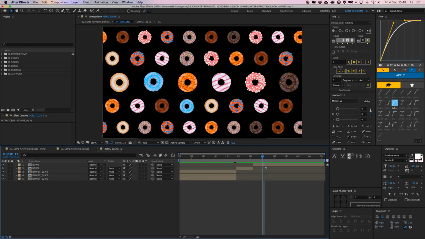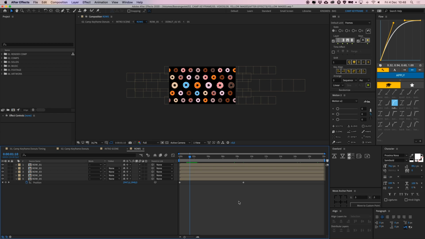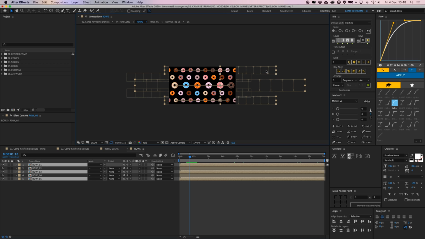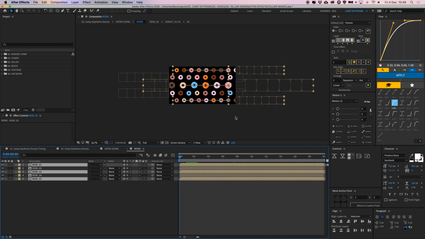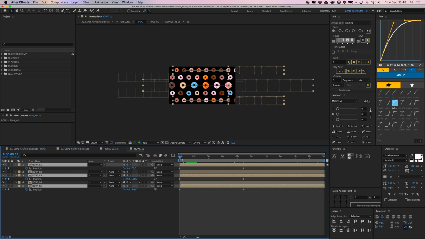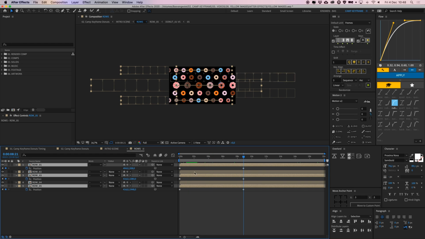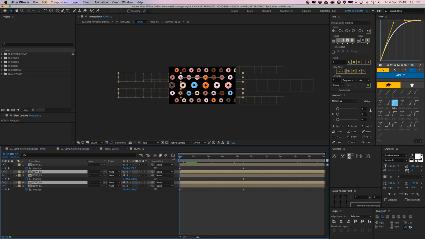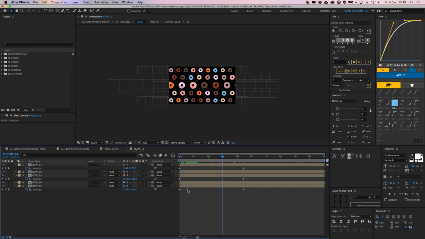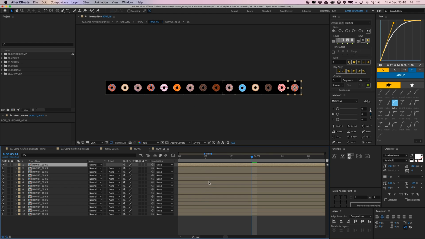So what I did here is, when I go into this composition, we have all of these rows. As you can see, this one starts on the right side, and I have a position animation. They go to the left, and these other two start on the left and move to the right, so they all move in the opposite direction. And if I go into this row, all of them are just in this really long composition here, and they're